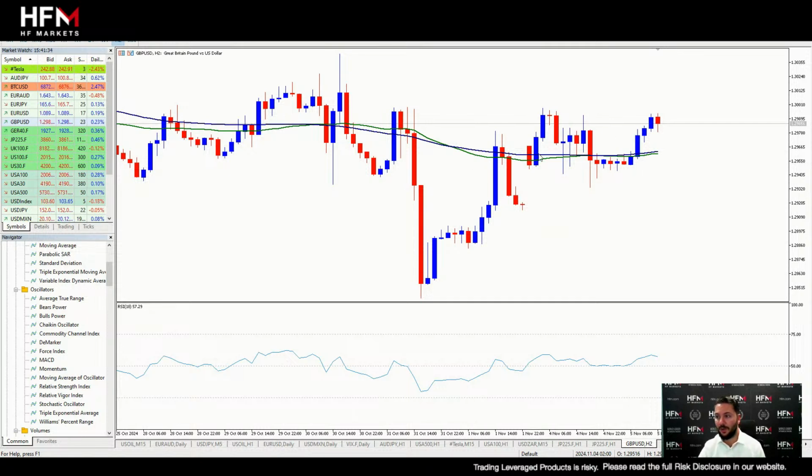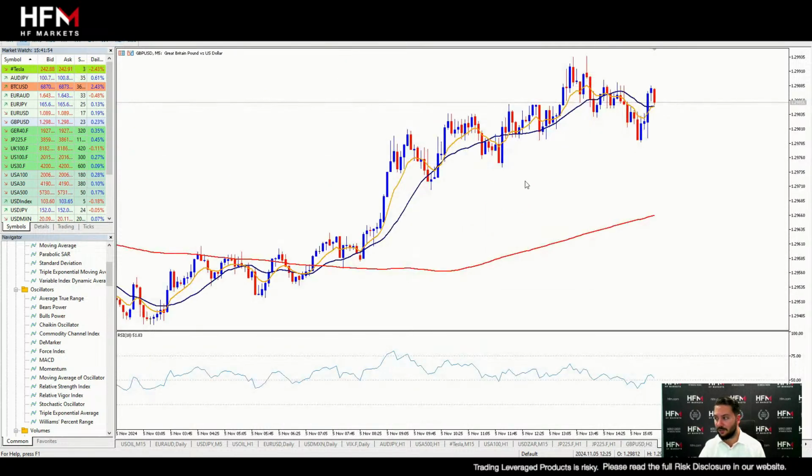Now, we're trading above the trend line. We're trading above the RSI as well, the neutral level, which is at 50. So the RSI is at 57. So we've got a slight bias here of upward price movement. The only thing I'll be cautious about, though, is look at this here. We're very, very close to that resistant level here, ladies and gentlemen. Very close to that resistant level.